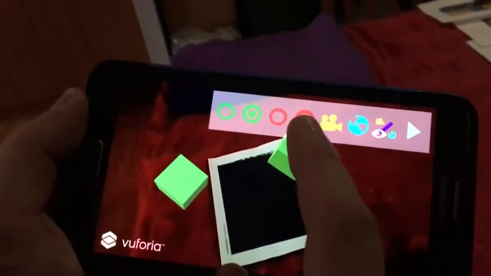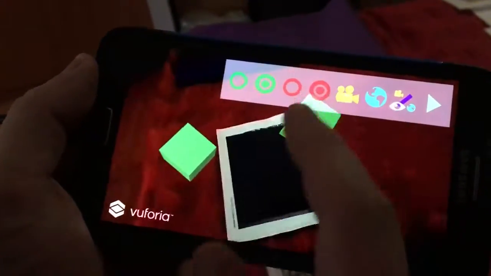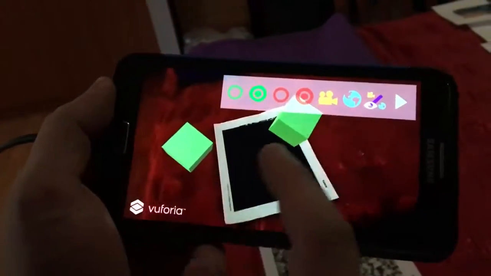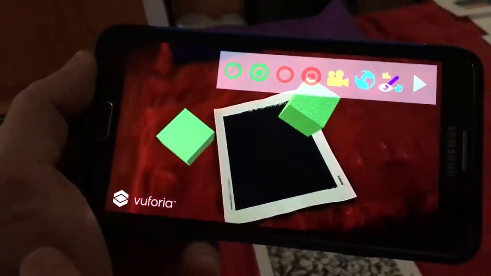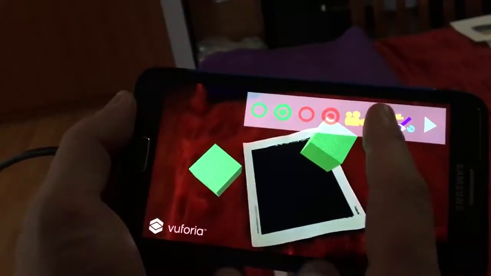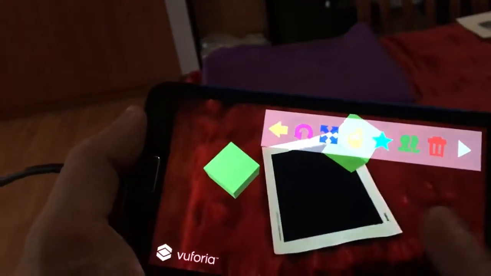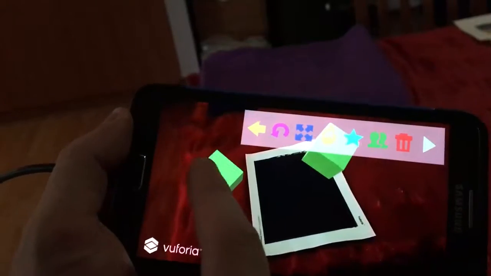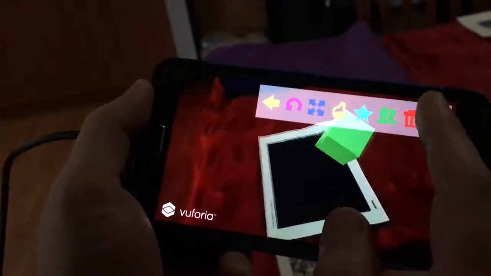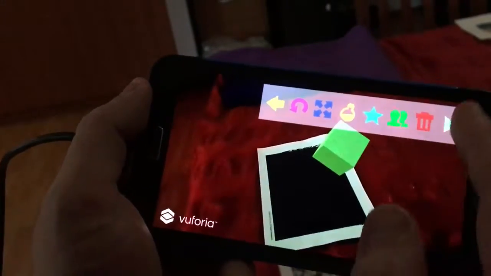Now let's try a deselect and select all. So deselect will select every object, so if I go bind to camera, nothing binds to camera. If I go select all, it'll select every object, so I go bind to camera, and they're both bound to the camera now. Cool, so let's bind them to the world, deselect all objects, go next. You can then, if you tap and hold an object, it'll select it, and then we could try deleting. But in this case, let's create another object,